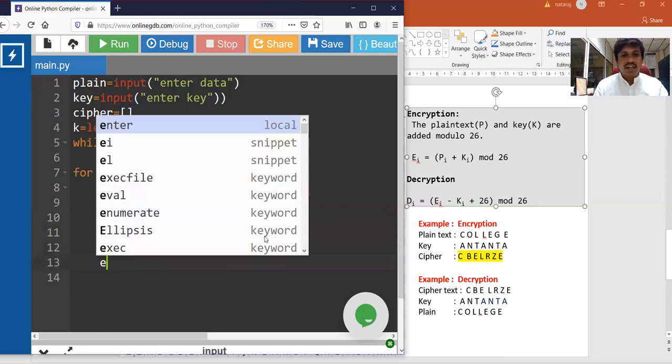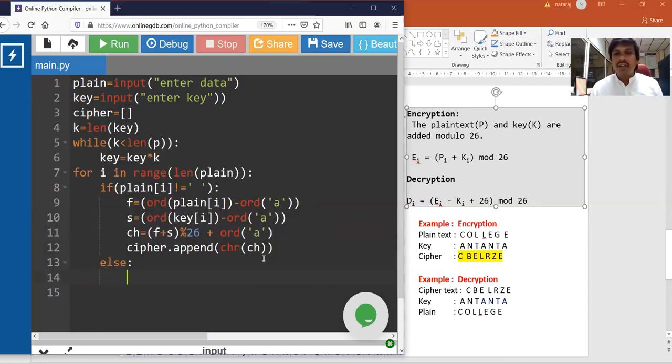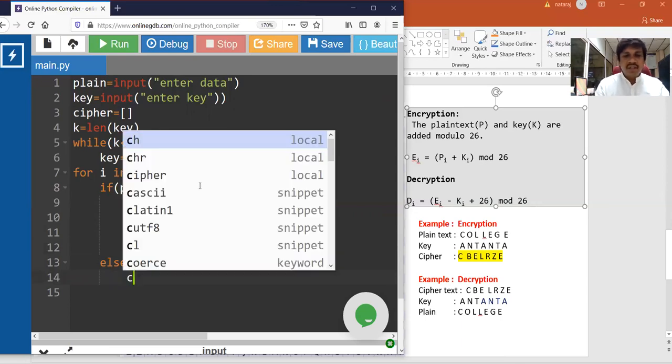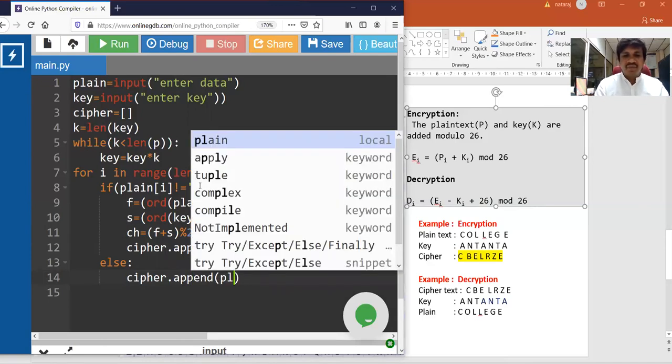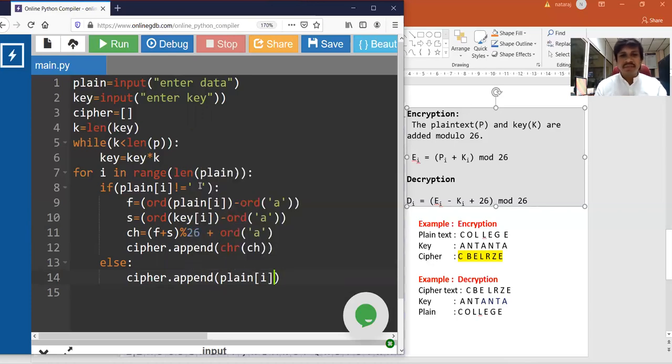So this happens when the character is not space. If it is space, simply cipher dot append of plain of i, that is space. Even if you write space, it's okay. Not an issue. So cipher dot append of plain of i.